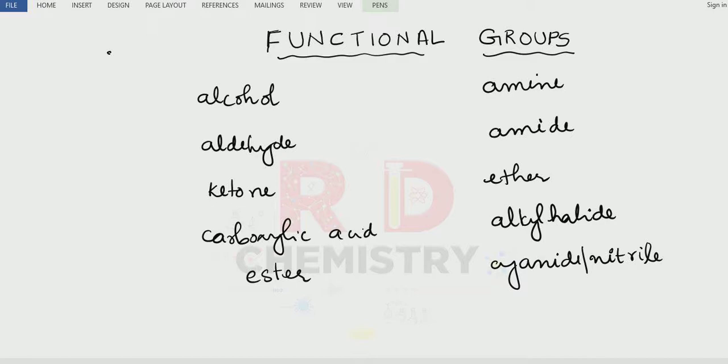Before we proceed to the preparation, let us see what functional groups we come across in organic chemistry. First one is the alcohol. Alcohol has OH as the functional group, so we can write ROH. Aldehydes: RCHO. Ketones: RCO, where the R groups can be the same or different. Carboxylic acid: